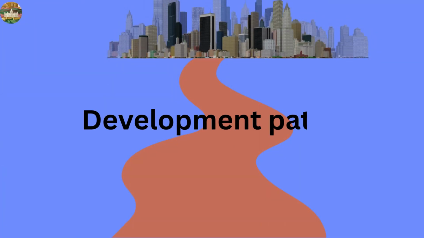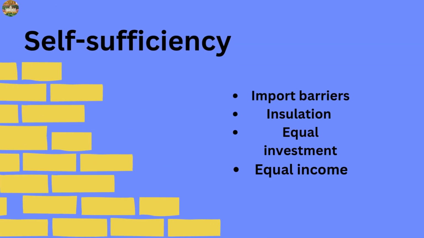To develop, developing countries have to choose which strategy they would like to use: self-sufficiency or international trade. The self-sufficiency path promotes all things internal and persuades citizens to avoid out-of-country resources, products, and foreign ownership. To push out others and focus on a country internally, they will do the following things from these 4 categories.